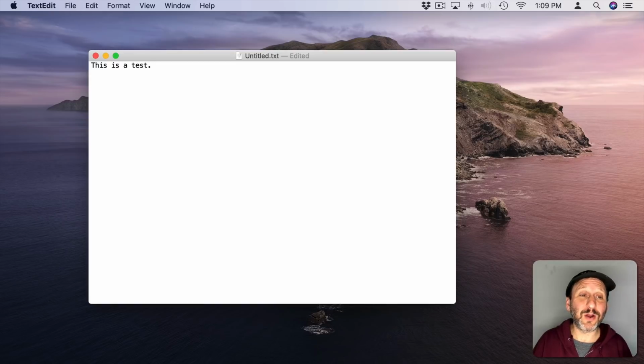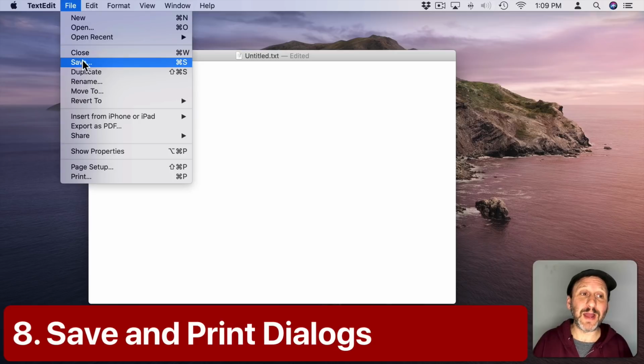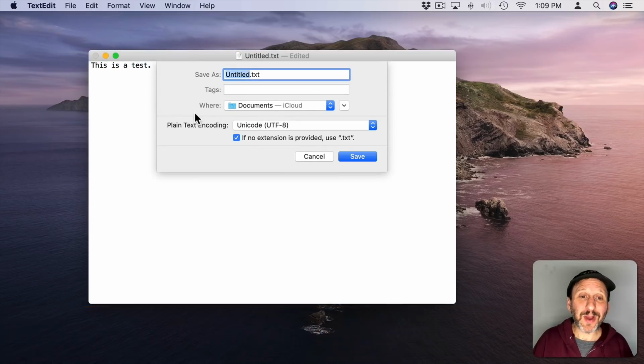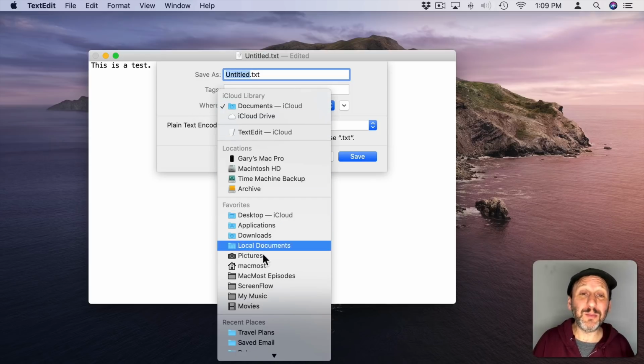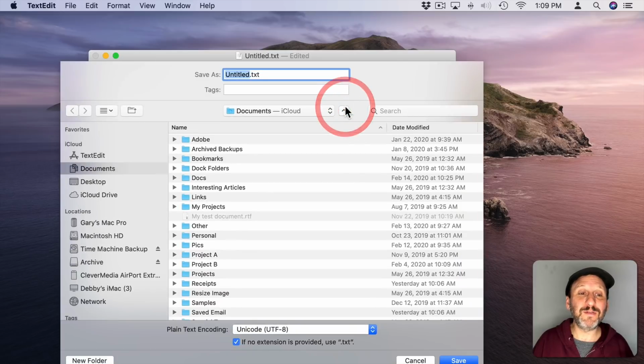Another place where things are often hidden is when you go to save a file. So here I am in TextEdit. I'll do File Save. And you may wonder how you choose a location for a file. You can create a name, you can add tags, you can choose where and choose some places here. But where is the interface that allows you to pick any place on your drive? Well, you need to click this button here in order to reveal all that. And that expands this window.